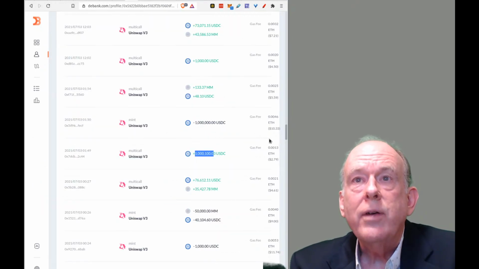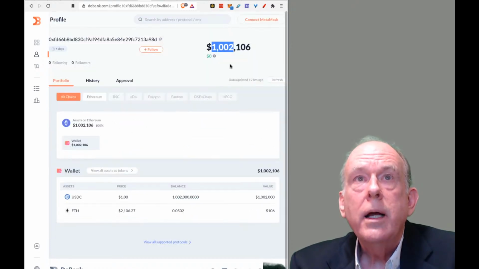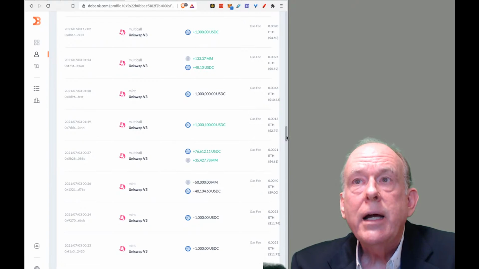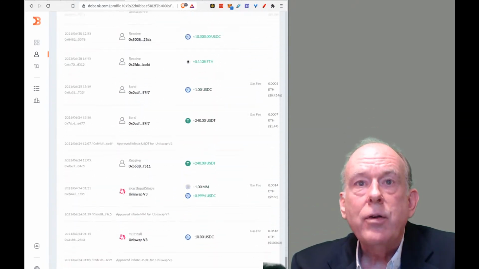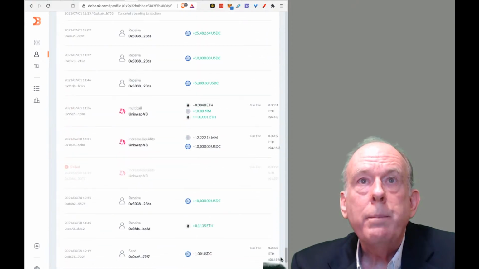What I've done is I've taken a look at all of it, and here's him transferring out $1 million from liquidity, and he sent it to another wallet. Here's his other wallet that is currently holding his $1 million in profit that he made so far from running this scam. If we take a look at all of the transactions starting back when he first created the token,